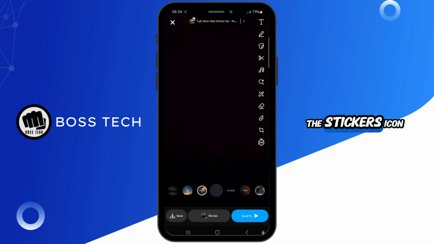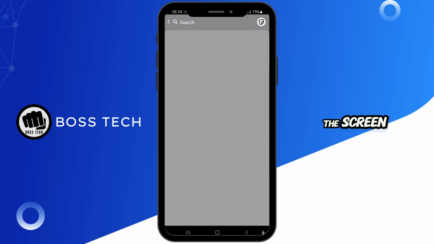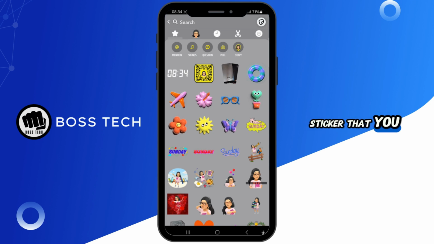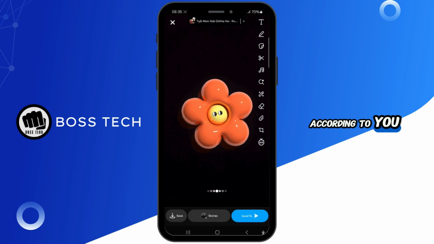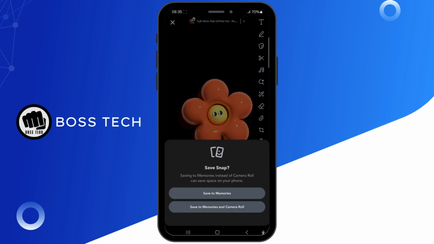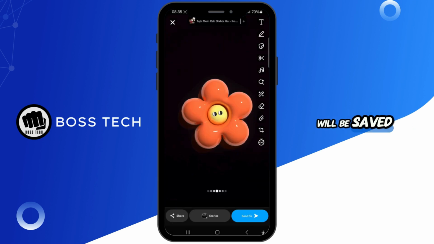Simply tap on the stickers icon from the right hand side of the screen and add a sticker that you like. Adjust the size of the sticker according to you and then tap on the save button. You can either save it to your memories only or you can save it to memories and camera roll. Just simply go ahead and choose one of these options and your Snapchat sticker will be saved as a photo